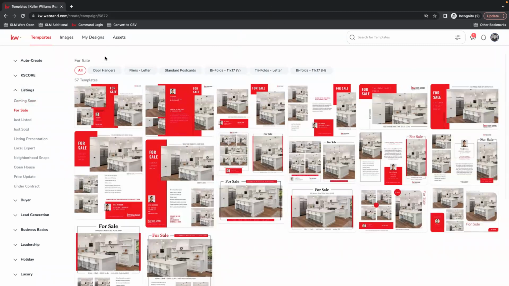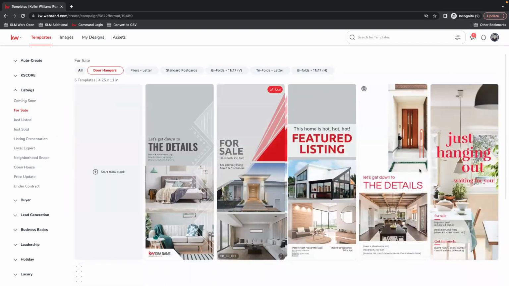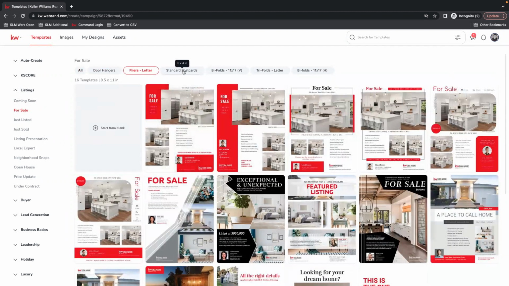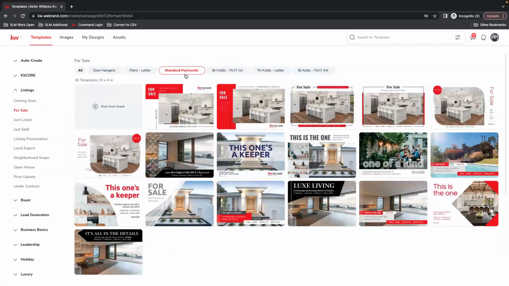All righty. So under listings and for sale, you'll see up here, there's also different types of print. So you can have door hangers, and that's going to give you a different layout. You have a flyer, you have standard postcards. And again, every time you click on one of these, that's going to filter to the size requirements of what